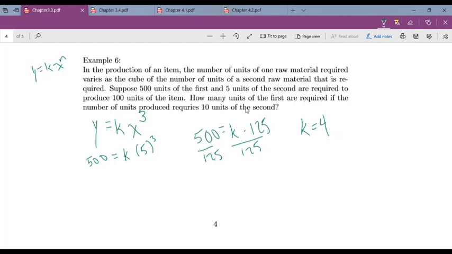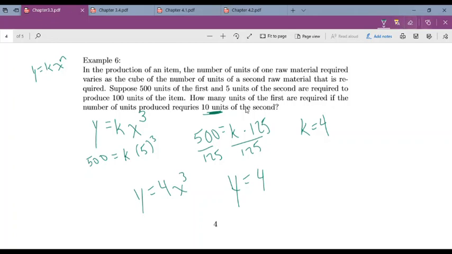Alright, so what we have here is how many units of the first are required. The number of units produced requires 10 units of the second. So our new equation, if we want to rewrite it, is y equals 4 x to the third. So if I'm taking this part here, I know that we need 10 units of the second. So y equals 4